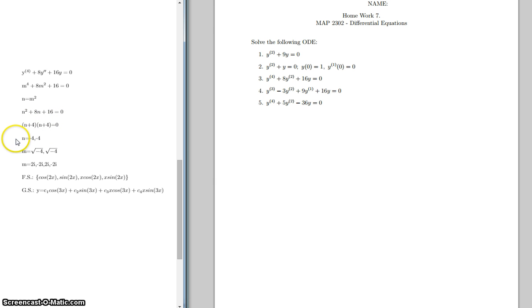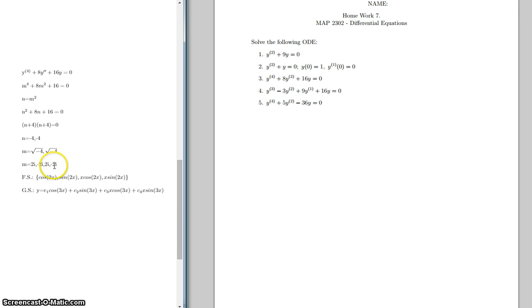And that gives us the roots in terms of n equals positive 4 and negative 4. No, n equals negative 4 and negative 4. So m, however, is the square root of n. So we take the square root of negative 4 and negative 4, and we're left with plus or minus 2i